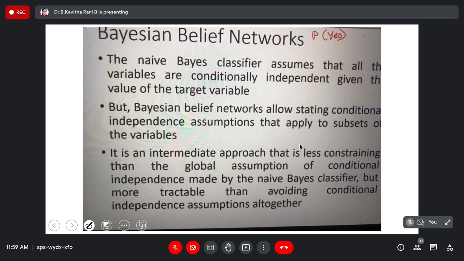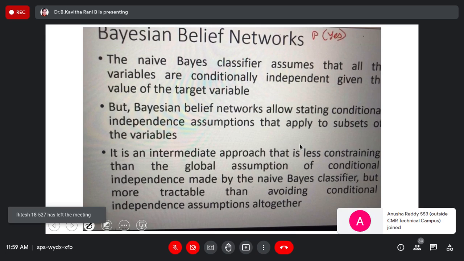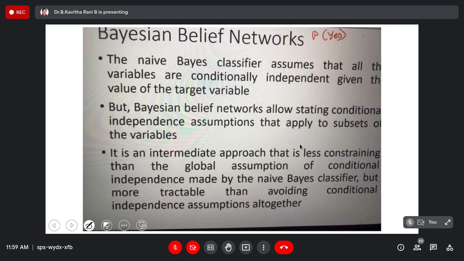Okay, so in Bayesian belief networks we need not apply this condition entirely. We can apply it for some subset of variables. We can assume this condition for some subset of variables. We can assume some variables as conditionally dependent, but in Naive Bayes we have to assume everything as independent. Okay, so this is the difference between these two. So why